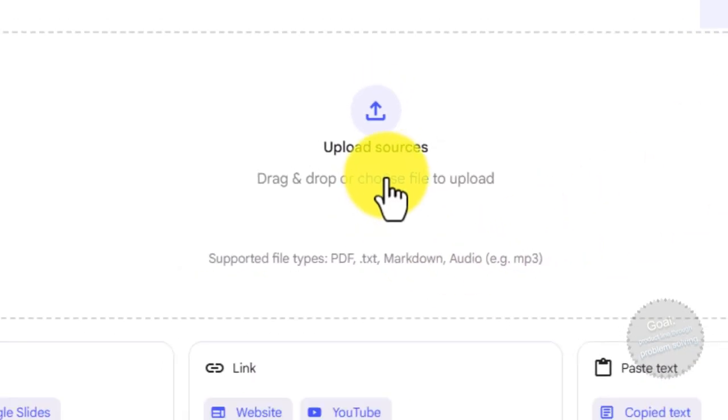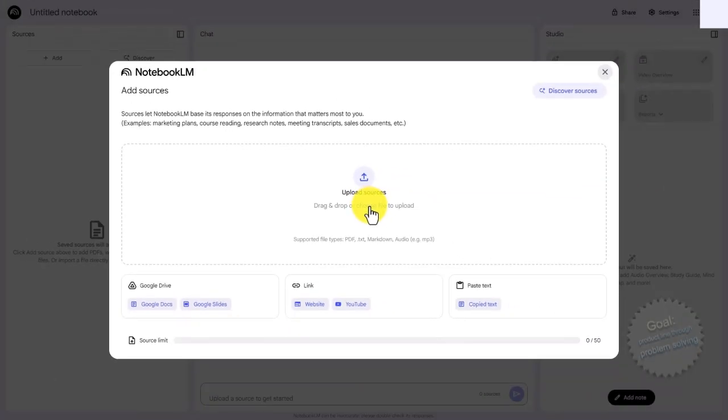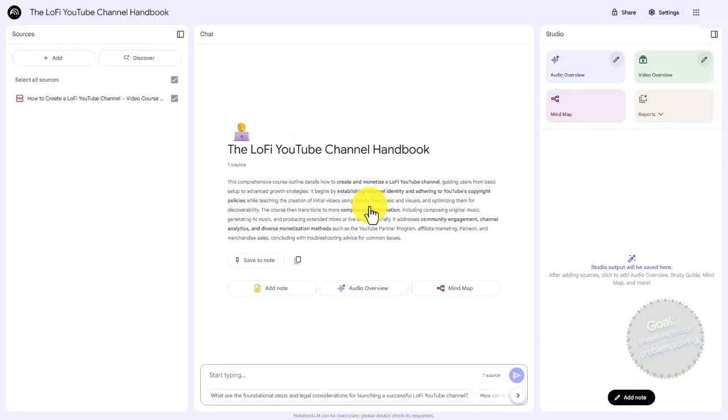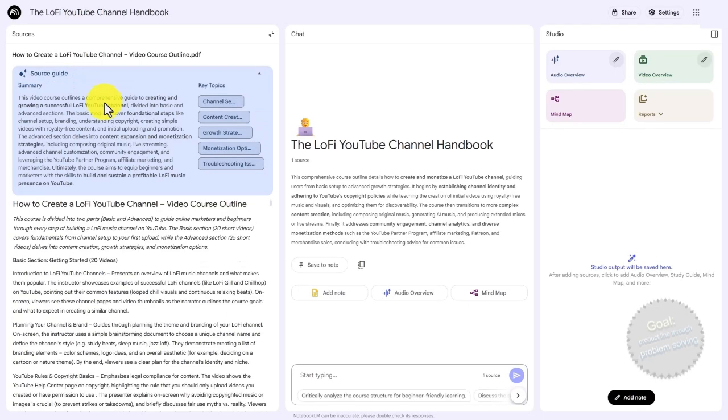So for example, if we click on Choose File, what you'll notice is that the PDF or whatever the file is will be uploaded directly to NotebookLM. And you'll see that source appear here on the left side menu. If we click on top of the source, what you will notice is that the source has been summarized and synthesized here